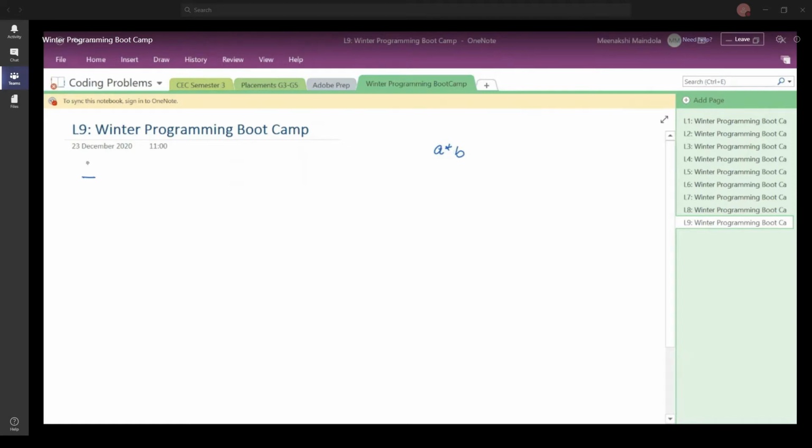So for this we say that all elementary operations, so let me write it down this way. By elementary operations, I mean operations such as multiplication, addition, division, and other such things.